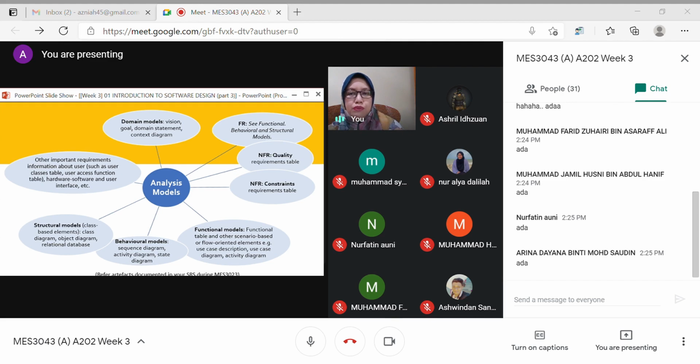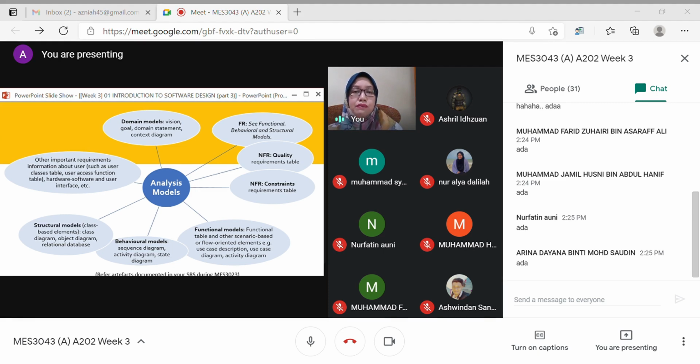And okay, so we go to the first one, domain models, on the top. Domain models is something like what you provide to explain about the domain. Usually we can talk about context diagram, that's a very general diagram, and then we have a good statement, which is the domain statement, that can keep you focused on what you're doing, so you don't scope creep out from the domain that you're supposed to do. Okay, so you also did the vision, writing the vision and also goals, right? Okay, and then we have